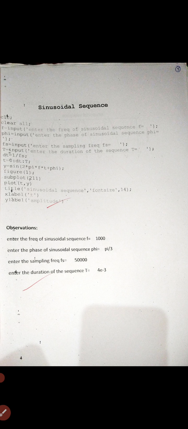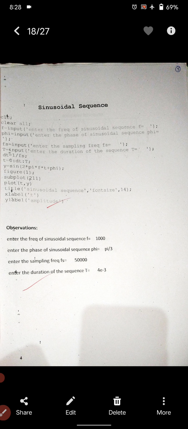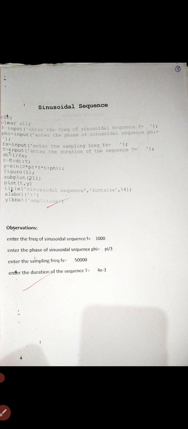After that the observation is calculated, then press enter and the figure window is displayed on the PC, showing the sinusoidal sequence.